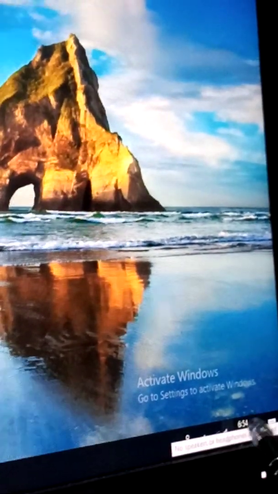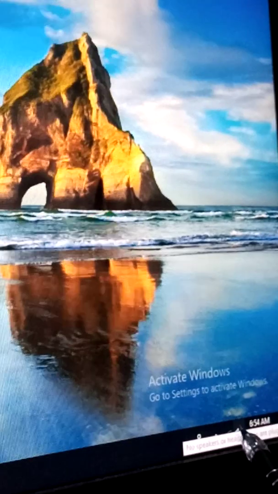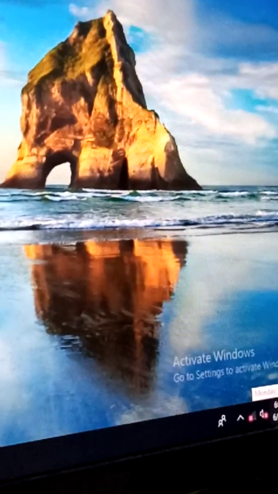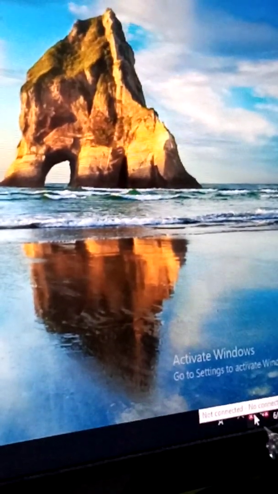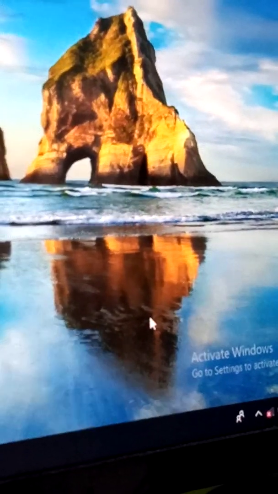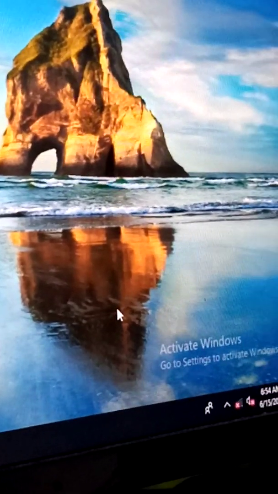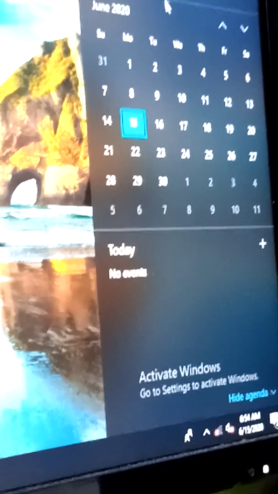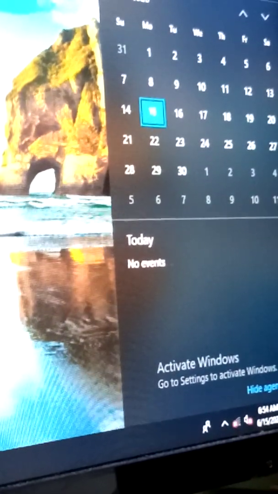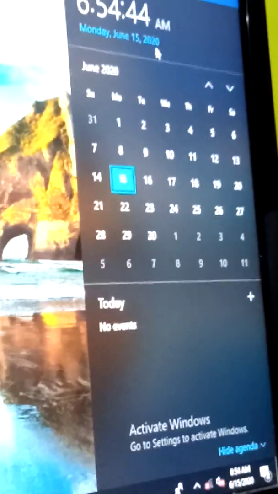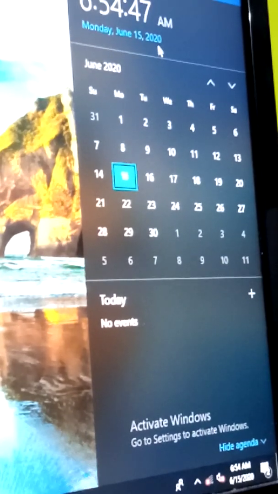The next one is the speaker. When you click on the speaker, you can increase the volume of your computer. Then when you click on the internet access button, you can access the internet. Observe the current time of the computer system. When you click on the date and time option, you can see the calendar. From here you can observe the calendar and today's date and time on your computer. So this is your lab assignment.